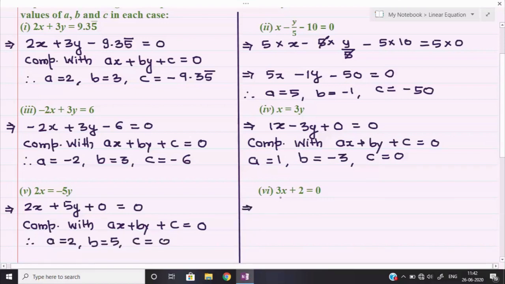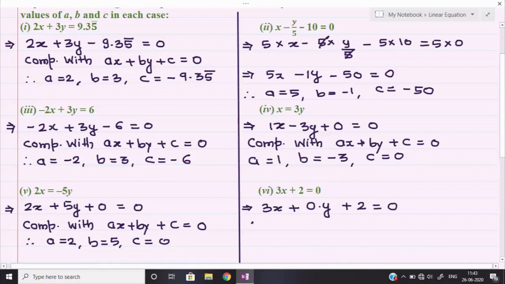Let us see similarly part number 6. In part number 6, all terms are lying on the left hand side only. No term is given on the right hand side, but here the term of y is missing. So as we have written the constant term 0, in the same way we can write the term of y also 0. So here we will write 3x, and we can write simply 0 because the constant term comes without a variable, but the second term, which is of y, comes with the variable y. So we shall write here 0 into y and then plus 2. There is no harm in the equation we have written here because 0 into y will become 0 again and we get the original equation only.